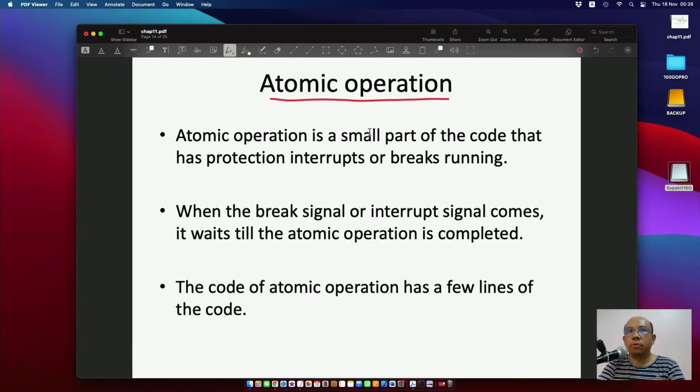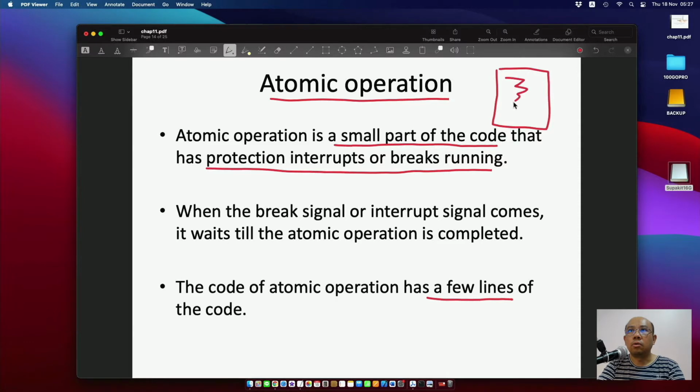An atomic operation is a part of the code, like a function, but it is a small code, just a few lines of code. Its main point is to protect against interrupt or breaking the running. When you have a long code here,